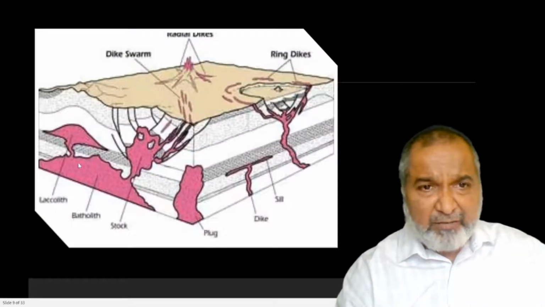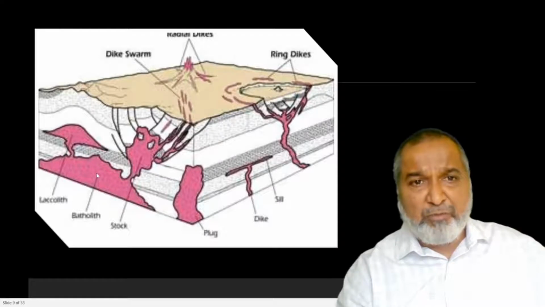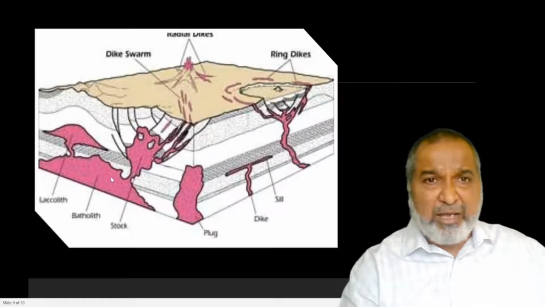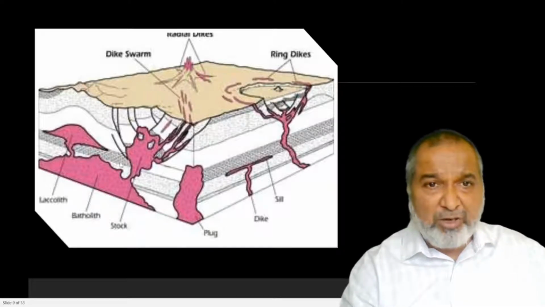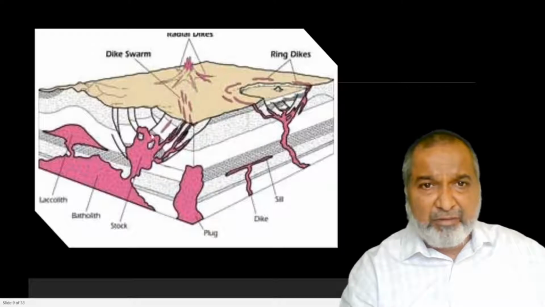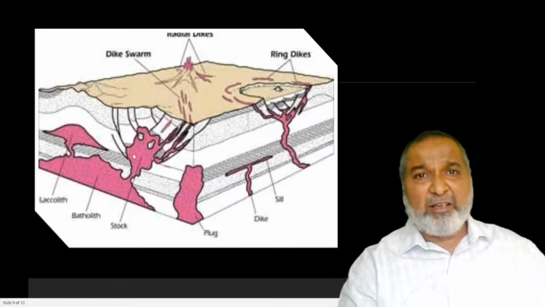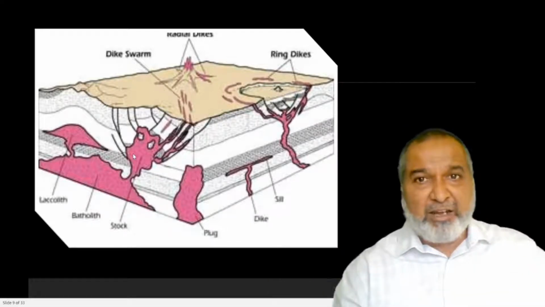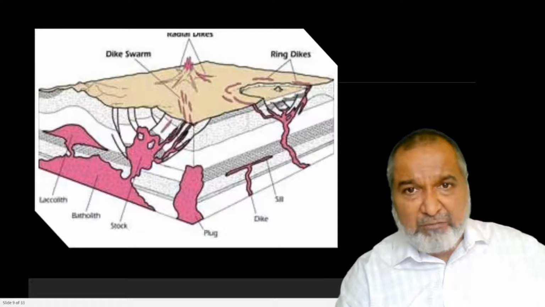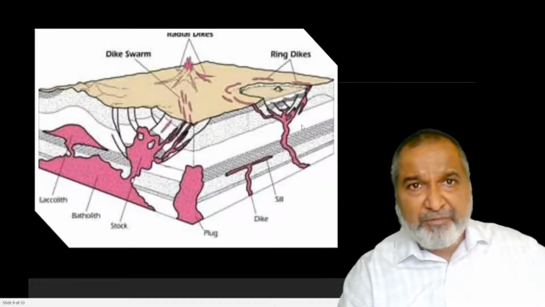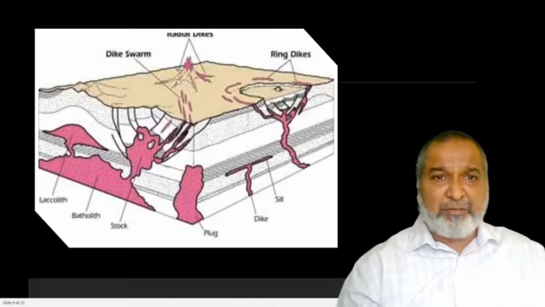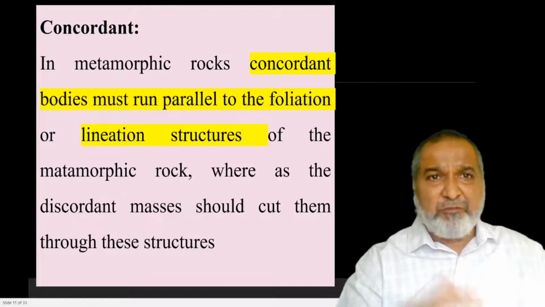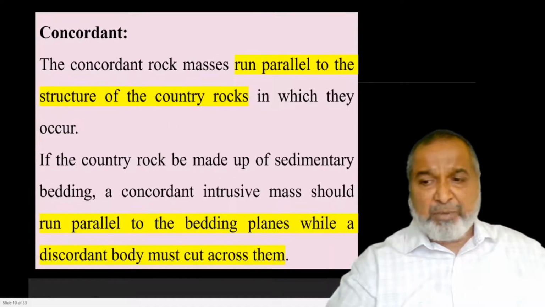So you can see here a batholith within the pluton, where the magma is within the magma chamber, where it is erupted. This is the stalk, and from the stalk you can see the fractures. Along these fractures dikes are there, and these dikes are going to form enormous dikes and the spans will be there. Similarly, you can see here the dike will form a ring dike. Here we have the radial one. You can see this side is the radial one. So that is the diagram which explains that particular part.